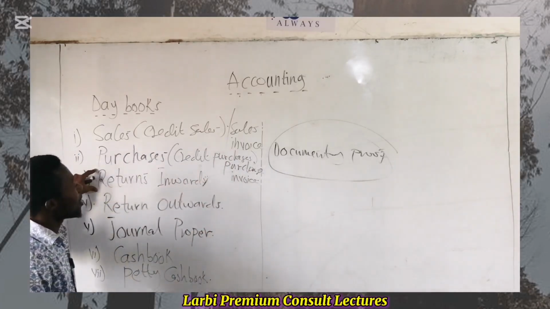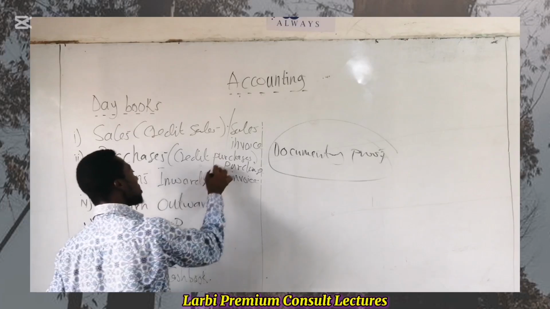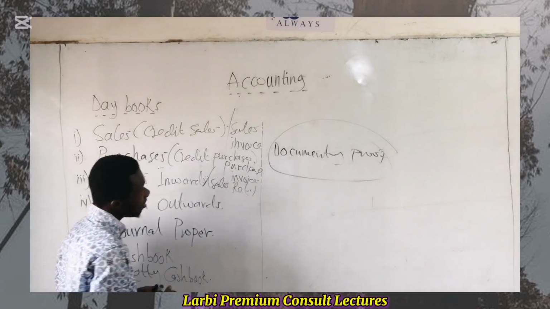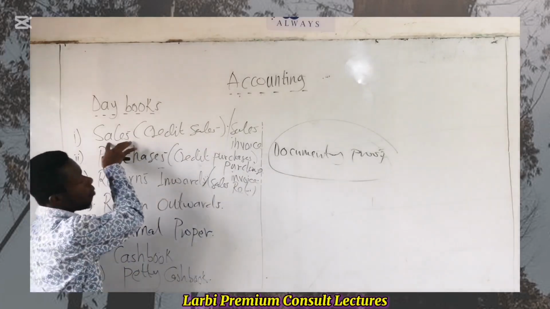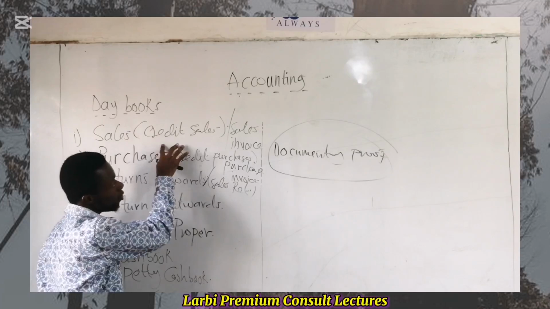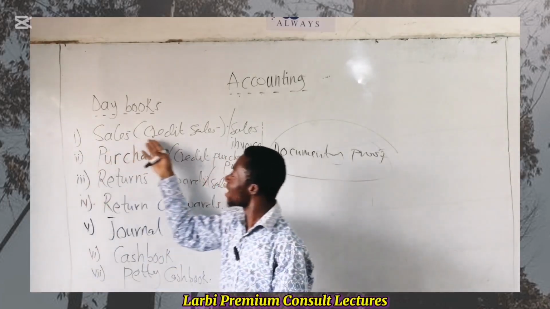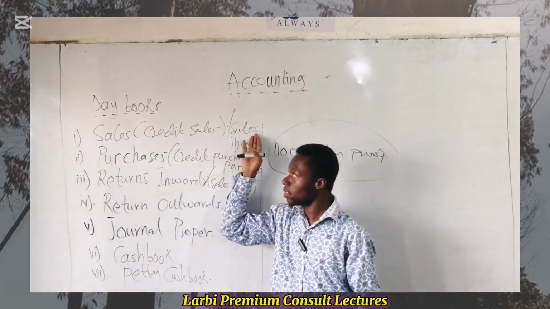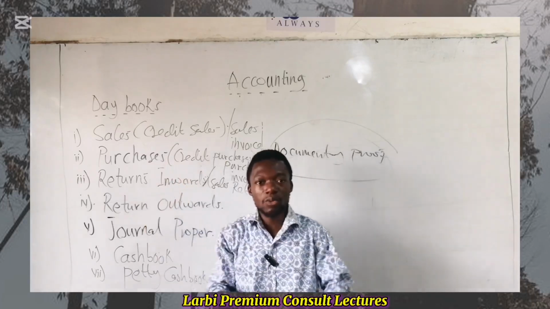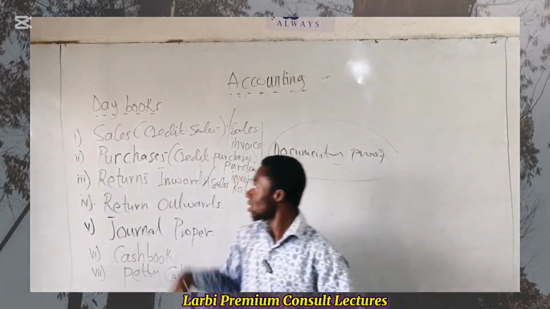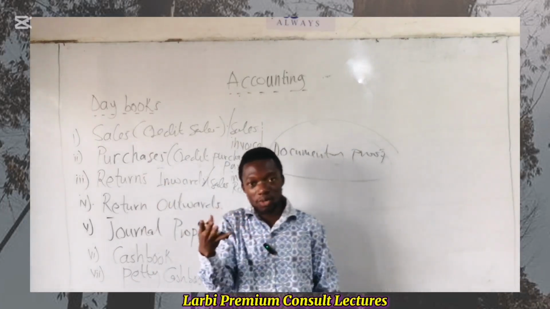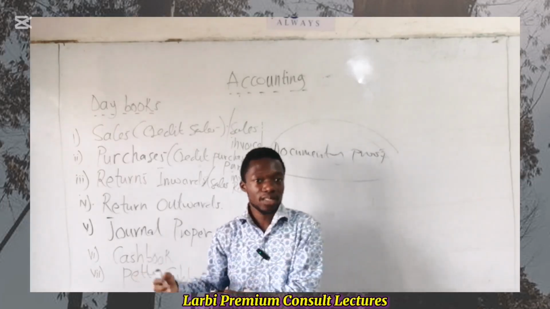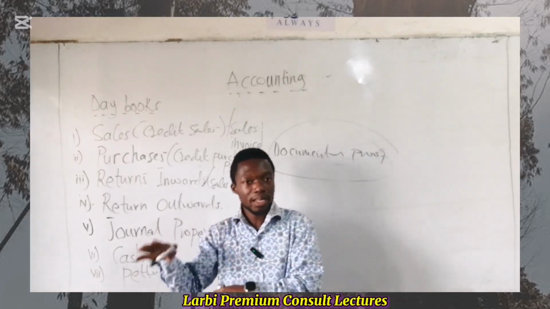Then back to the return invoice, we also call it sales returns. What is sales returns? If you remember, when we were talking about the sales daybook, we said the sales daybook records credit sales, supported by a source document called a sales invoice. But what happens if we sold an item to a customer, and at a certain point the customer is not satisfied with the item, maybe because it didn't meet his or her preference? It was out of quality,